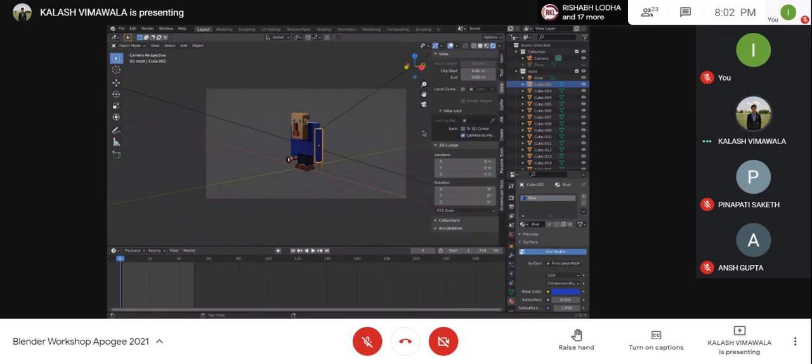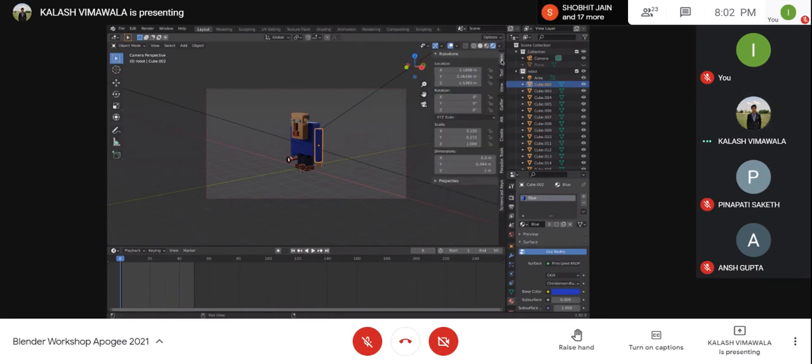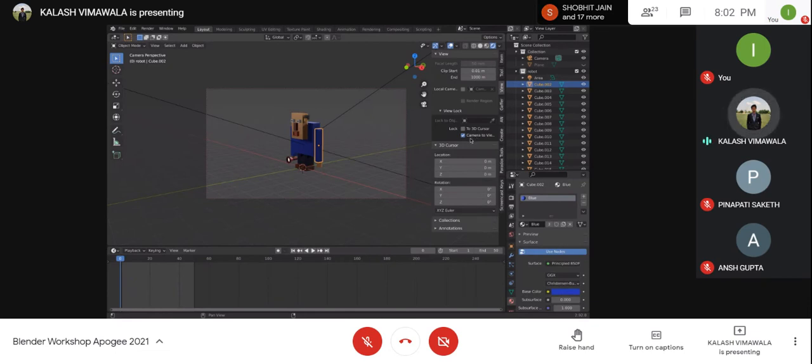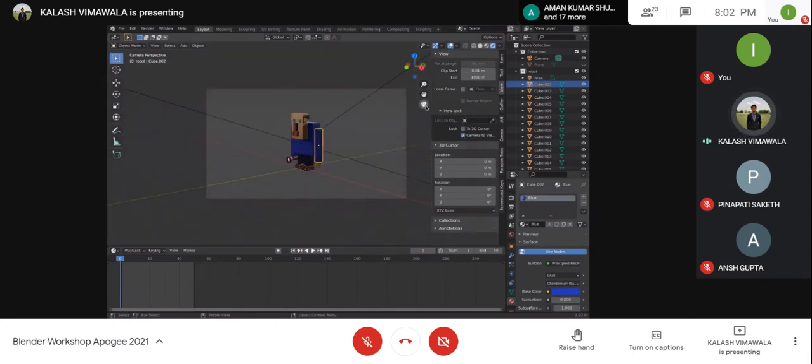Now if you press N, you'll get this toggle. If you press N, you get multiple options. You'll see item, tool, and view. Now if you click on view and lock or unlock this, say I have lock camera to view, you'll see this toggle. Say I unselect this and I move around, then I'll just be moving around in the viewport. But if I click on lock camera to view and go into camera view, then as you move around, your camera will move around as well. So this is how I'm panning, this is how I'm rotating right now about this object.